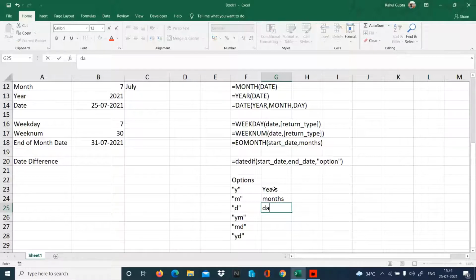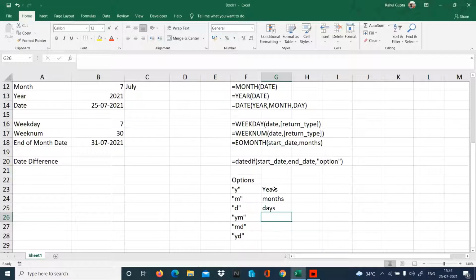D, days. Total number of days from that date till today. It could be greater than 30, greater than 365, depending on the date again. So here we are going to get exactly the total number of years, total number of months, and total number of days. But if I talk about age, this is not a factor which we used to take. We used to take years and then months, which are always less than 12, and days, which are always less